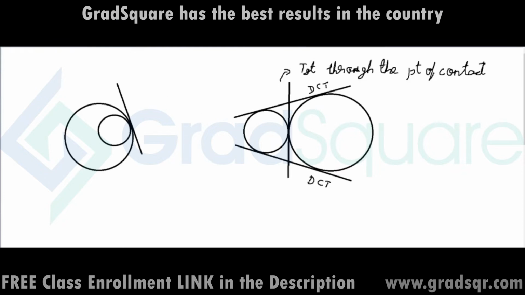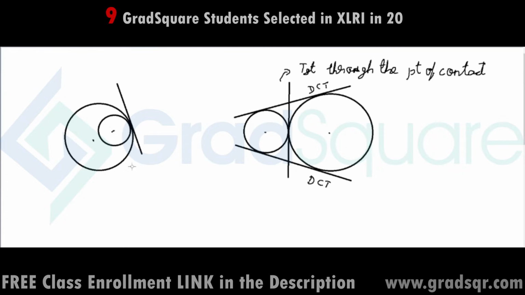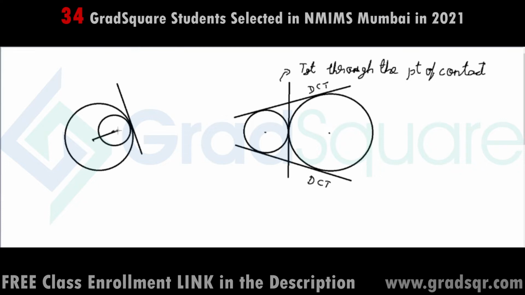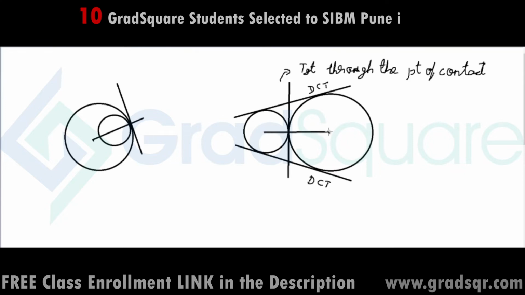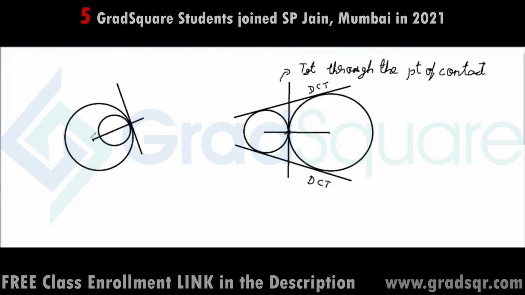Now, in both these cases, there is one single speciality, which is that if I take the centers of these two circles like this, then the straight line which joins the centers of these two circles which are touching each other at a point will always pass through the point of contact of the two circles. So if I draw a straight line touching these two centers, it will pass through the point of contact. Touching these two centers, this will also pass through the point of contact.